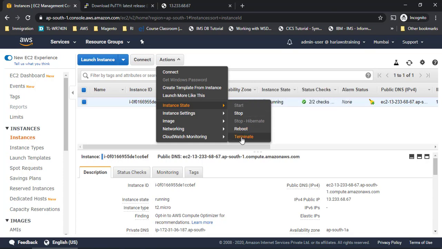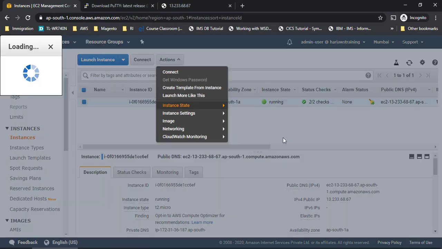And terminate, we have seen that when I click on it, it will completely delete the instance, and we have also selected that the EBS root volume be deleted at the time of terminate. So the EBS root volume also would get deleted. That way we are ensuring that whatever we have created, we are going to remove now. Only security groups and key pairs we are not changing, because those are not chargeable, right? Let me click on terminate now.